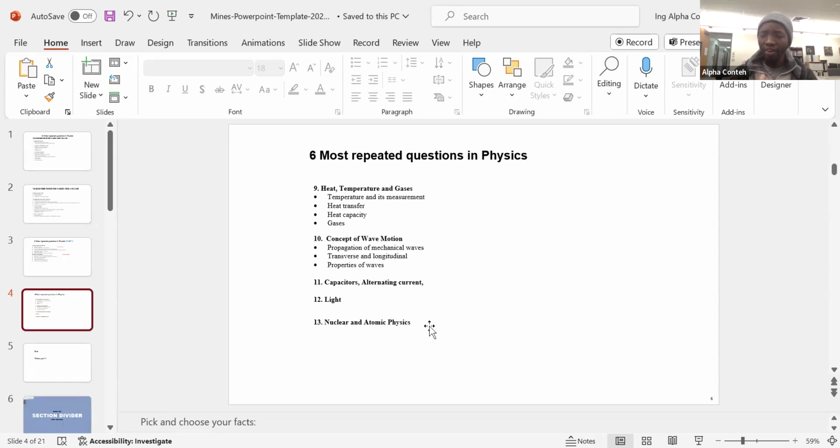The 4 areas normally drawn for the physics practical are mechanics, electricity, light, and wave motion or heat. So those are the areas normally drawn. But the 2 most constant areas for the practical will be electricity and mechanics. These have always been coming since the starting of WASSCE up to 2023. You always have questions under electricity and mechanics for practical. So this must be taken into consideration.